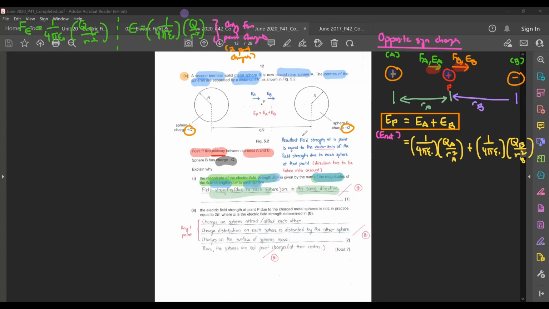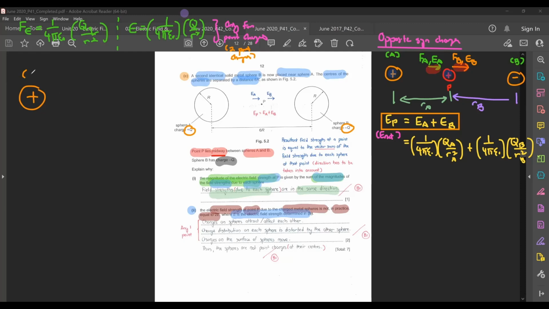Then after that, you move on to part 2. Okay, part 2, this one is the one that sometimes causes confusion with a lot of people. So you look at part 2, they mentioned to you that the electric field strength at P due to the charged metal spheres is not in practice equal to 2E, where E is the electric field strength determined in B earlier. Okay, so they're asking you right now to explain. If before this, I think I have to write on the left hand side. If before this,